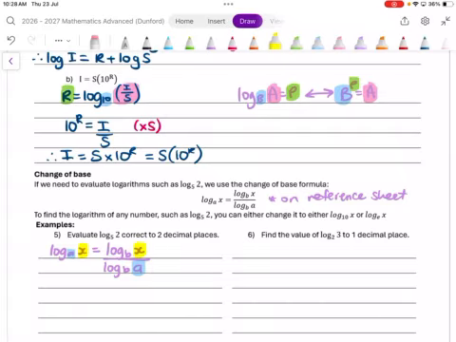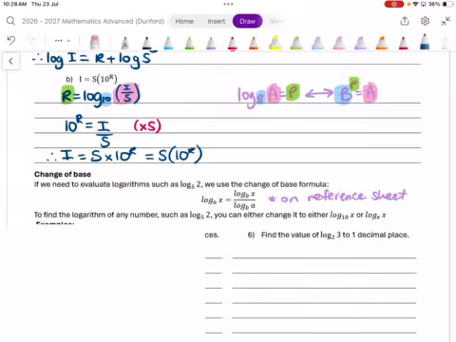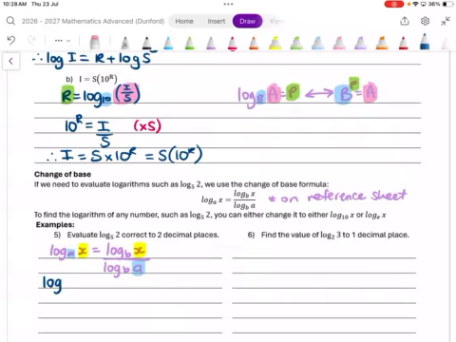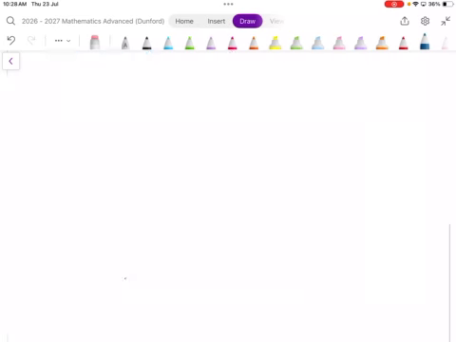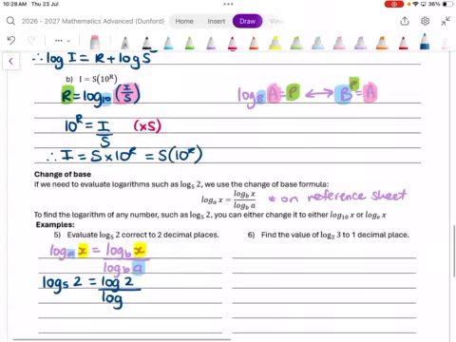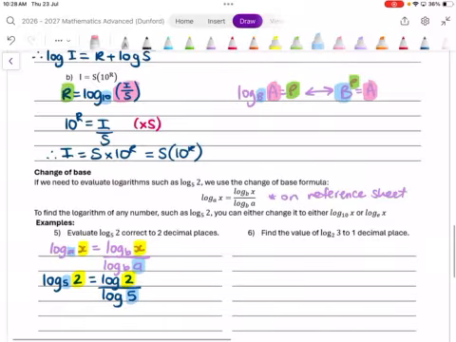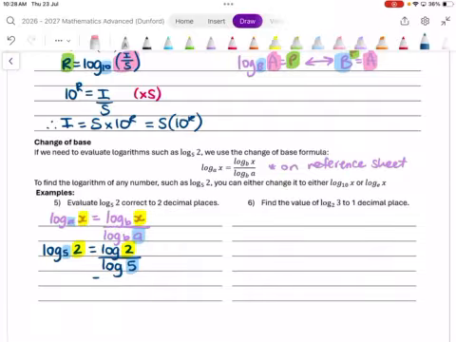So to evaluate log base 5 of 2, it will equal log of 2 over log of 5. So we put our big number on the top and our base number on the bottom. It might be the other way around if you are trying to find log base 2 of 5, but it's the big number in terms of size. So on your calculators, you're going to press log 2 divided by log 5 for me. You should get